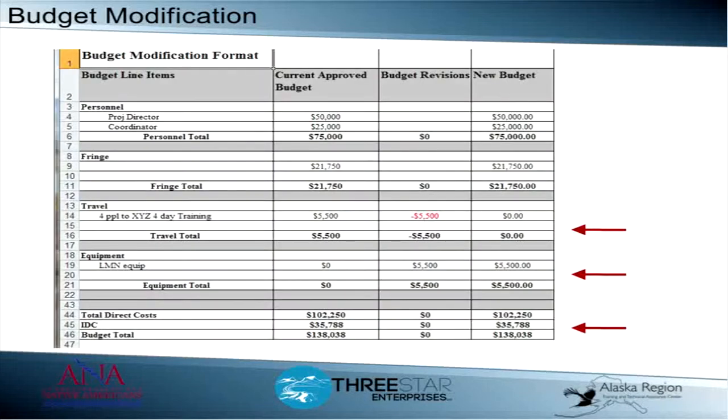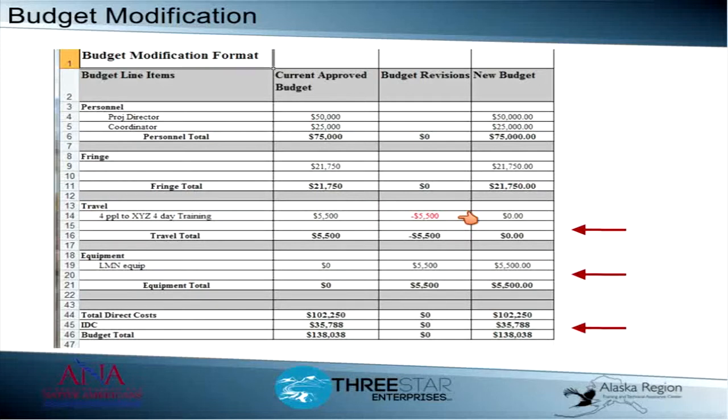I also want to note that several of the examples we are using here have been simplified for the sake of the webinar. Your budgets will look much larger and probably a little more complicated than what we're showing here. So when you're moving money between categories, be sure to show both the positive and the negative amounts.